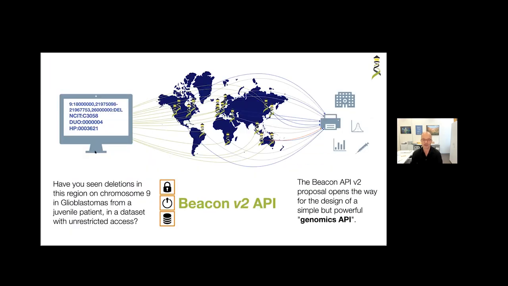Now, again, this slide I had shown already: Beacon v2 in an international network, doing queries which can be interpolated in URLs and getting data delivered through internet protocols. We can sometimes call this the Internet of Genomics. And we think if something like an Internet of Genomics develops, then Beacon will be a core protocol in this endeavor.